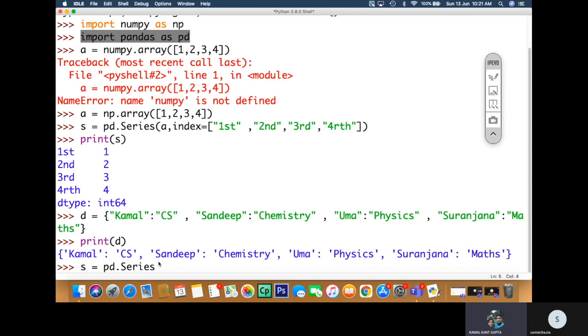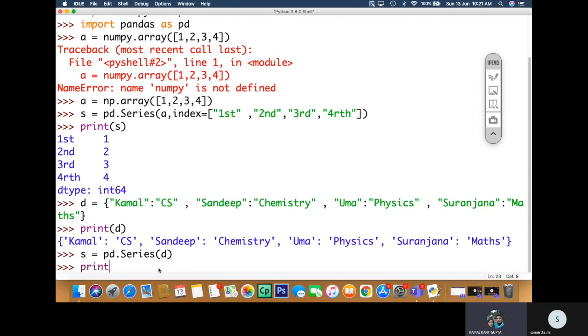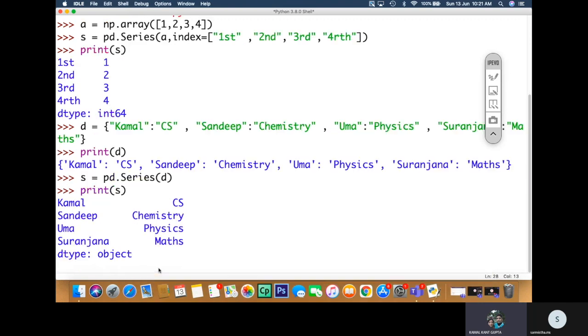So no need to import again and again here, but in separate programs you need to write it. In your test papers you need to write this particular line, because it carries marks. Every line written in your exam will carry half a mark or one mark. So everything is to be written in the paper. So pd dot series, and then here I am passing d. Now let us print this S and see what comes.